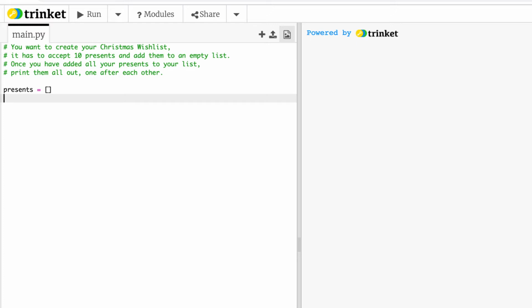Next, I'm going to create my Christmas wish list, and it has to accept 10 presents. To do this, I'm going to use a for loop. To create a for loop, you type the word for, then the name of your variable, and I'm going to call this i, and then we want 10 presents, so I'm going to put in range 10. And to make sure I'm getting something 10 times, I'm going to print i